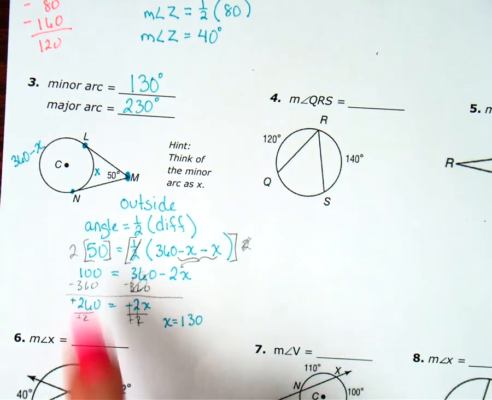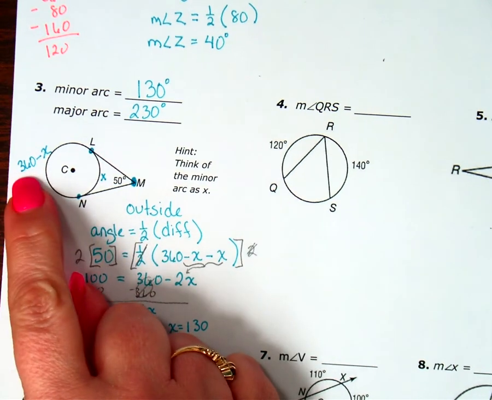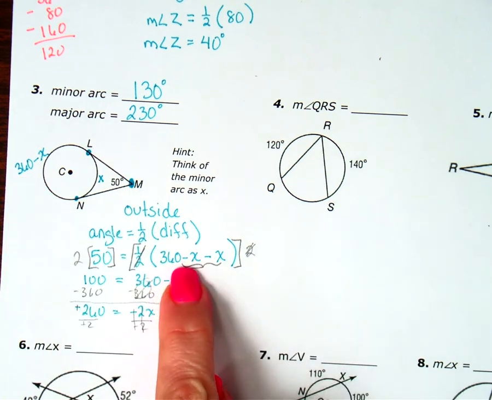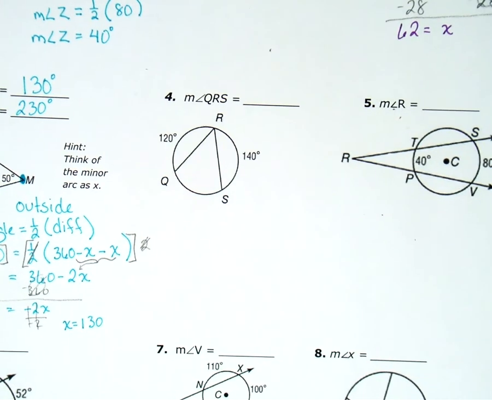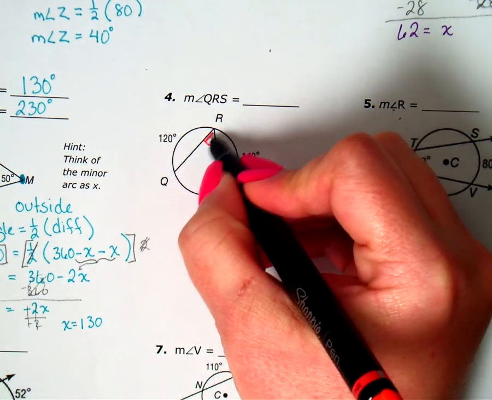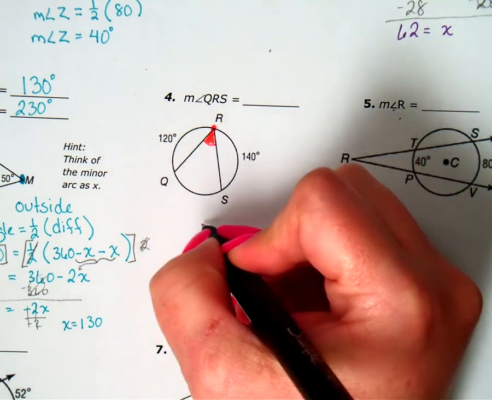A big key to this one is calling the inside arc x and remembering that the outside arc is 360 minus x. So you'll end up with 360 minus x every time you have a picture like this. Okay, all right, let's look at the next one, number 4. The measure of angle QRS. So this angle right here. Okay, since it's on the circle,